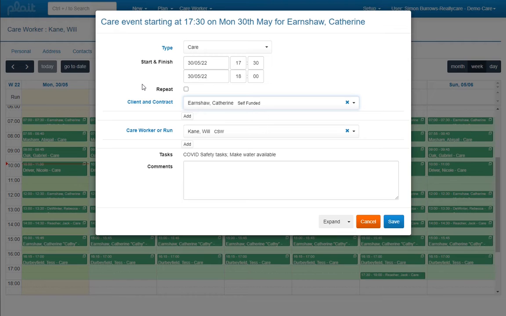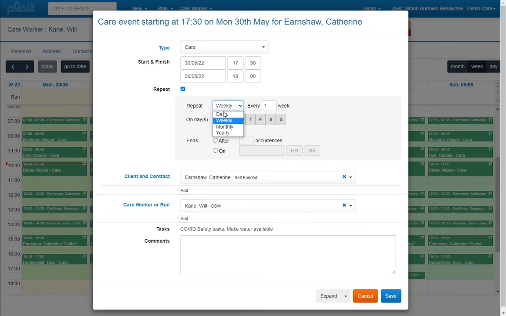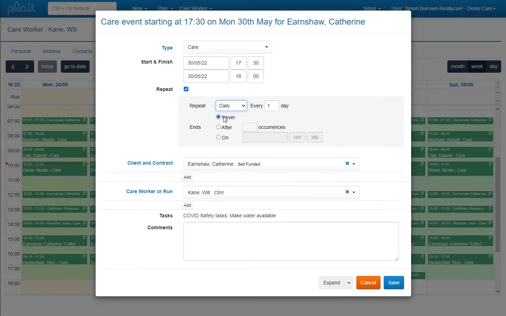In this tab, I'm using a previous version of Platt to assign a care worker, Will Kane, to a daily care event for Catherine Earnshaw, filling this gap at the end of Will's shift. Notice, however, that Will has a one-off event visiting Jack Reacher on Friday that will clash with a daily assignment at this time of day. The fact that Will is going to be unavailable on Friday will not prevent me from scheduling this new assignment